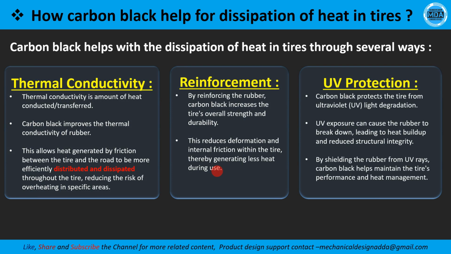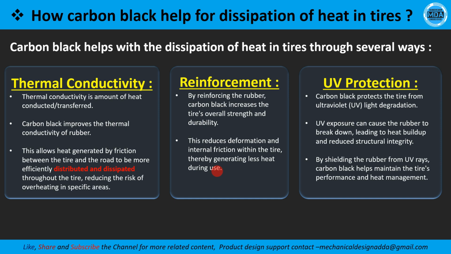And ultraviolet protection. Our vehicle in the sunlight is under ultraviolet radiation. Carbon black protects the tire from ultraviolet light degradation. Suppose our vehicle is continuously exposed to the sunlight, there will be degradation of the material. But carbon black protects the tire from the ultraviolet light degradation. Ultraviolet exposure can cause the rubber to break down, leading to heat buildup and reduced structural